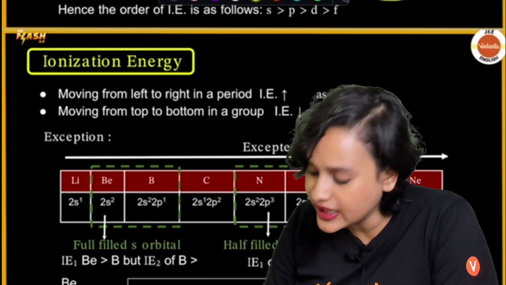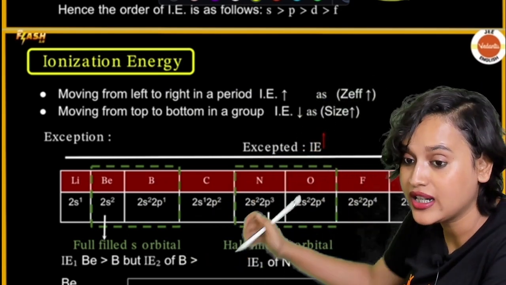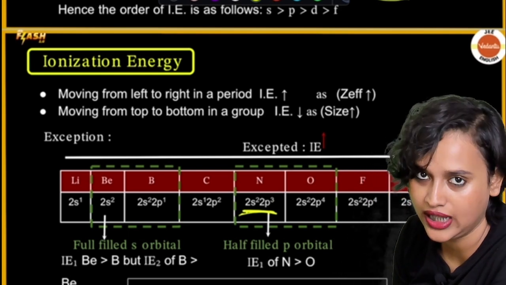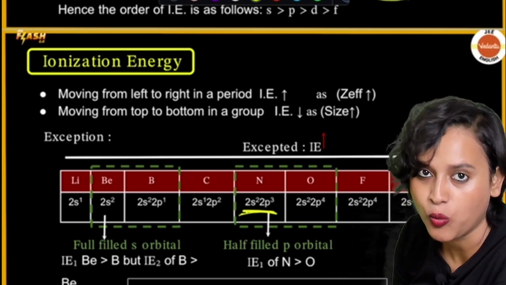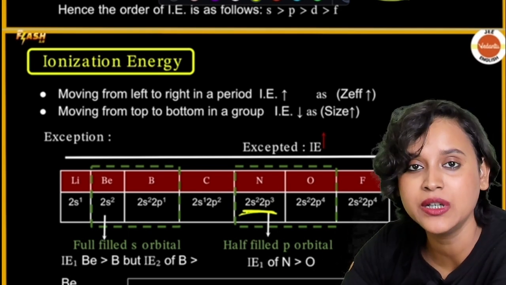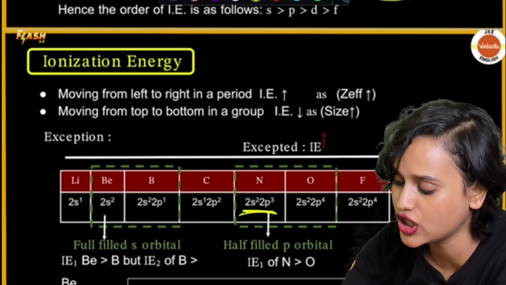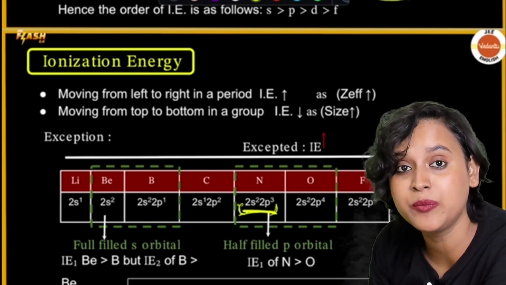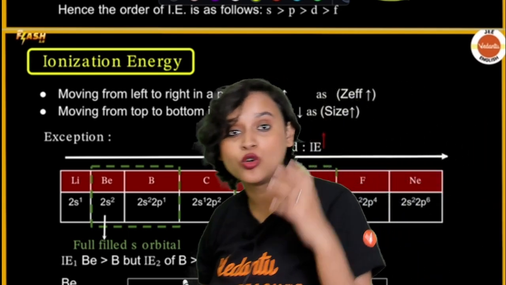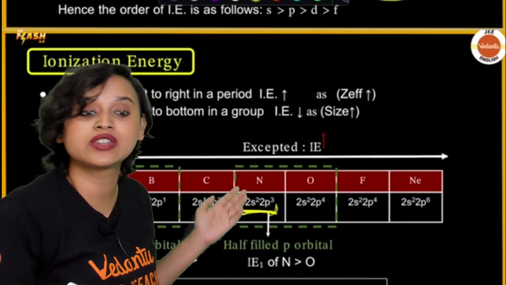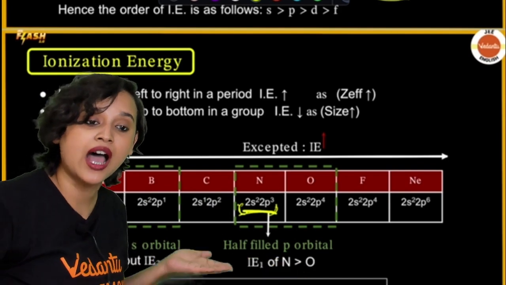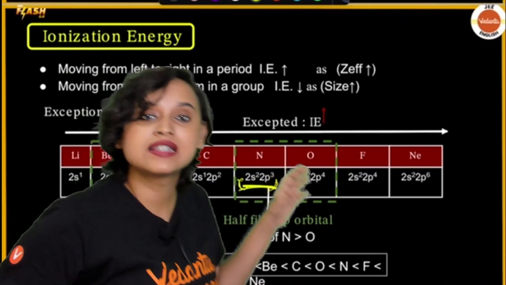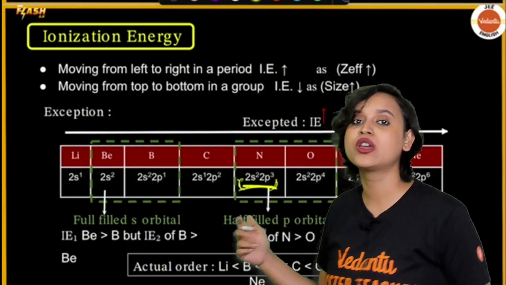Now here we see that there is an exception in case of nitrogen. Nitrogen has higher ionization enthalpy than oxygen. Why so? Because nitrogen has a stable half-filled electronic configuration, which is 2s2 2p3. The p orbitals can hold 6 electrons, but right here you have 3 electrons, which is half-filled. So the half-filled p orbital shows a stable state and it does not want to give away the electron, hence